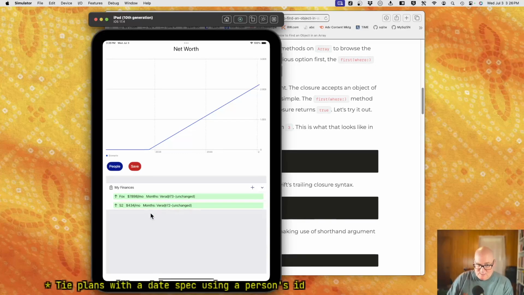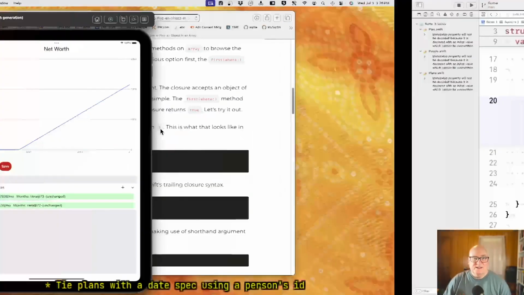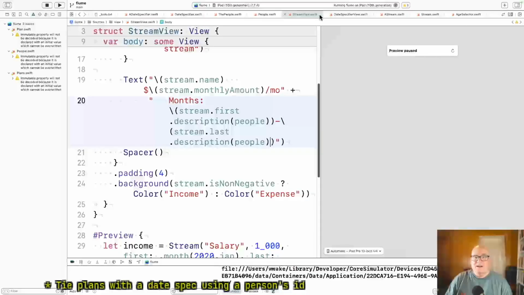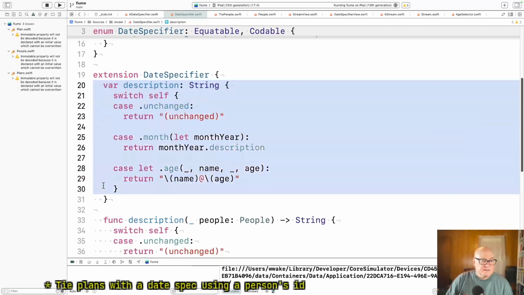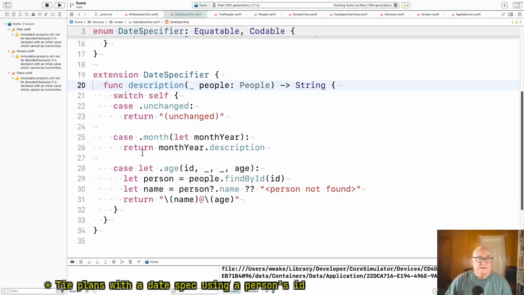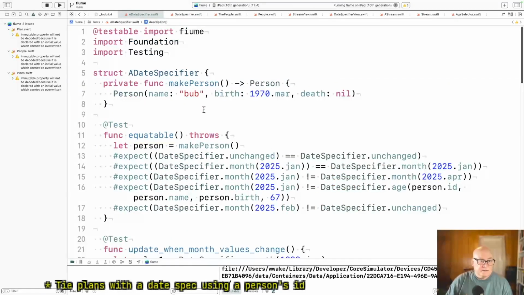Now, this is using the people, so description. This is good. All right, so I don't think anybody else will use description. Okay, except this test.